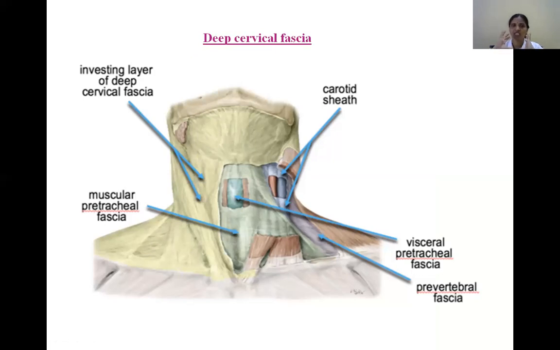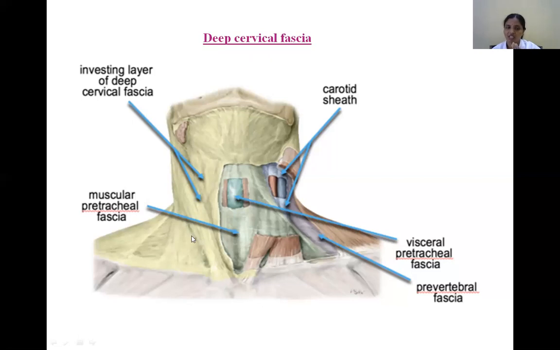So what is the shape of this deep cervical fascia? Cylindrical. So it is enclosing the muscles on its course. Here you identify along the anterior median line, it is continuous with the other side. On reaching the anterior border of the sternocleidomastoid, it is split. Why is it split? Because it is enclosing that muscle. Then along the posterior border of the sternocleidomastoid, the two layers are fused.